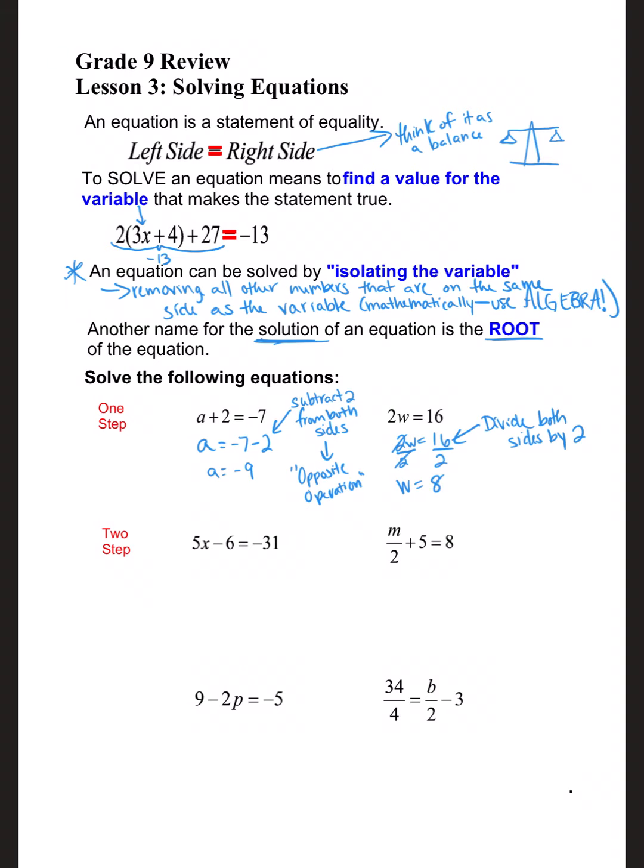Okay. That's for our one-step equation, where we really just had one number to move. If we look at these next few examples, we actually have 2 numbers to get rid of on the side of the equation where our variable is. So we have 5x minus 6 equals negative 31. So we have to start thinking about, okay, I need to move a 6 and I have to move that 5. So the real question here should be, which operation